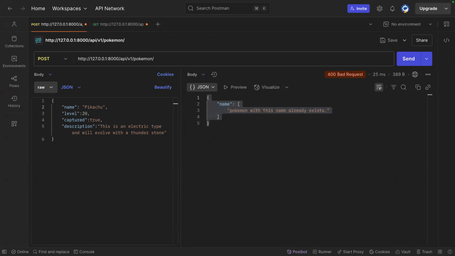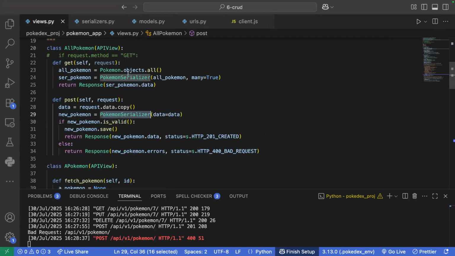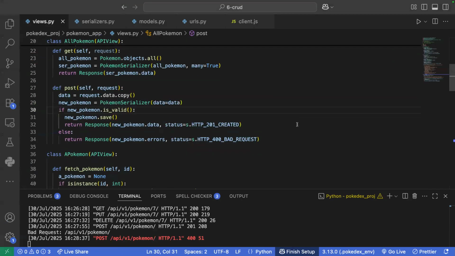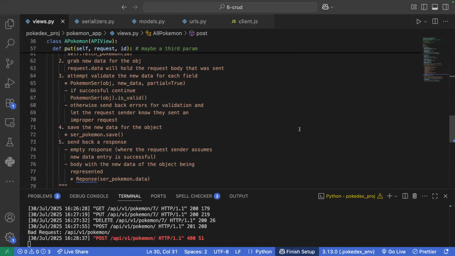Does anyone else have any questions regarding the CRUD methods and how to handle statuses? Yeah, I have one. Let's hear it. It might just be confusion, but can you go back to your views? Absolutely. I don't understand how you're making a put request with only the detailed serializer because it was read